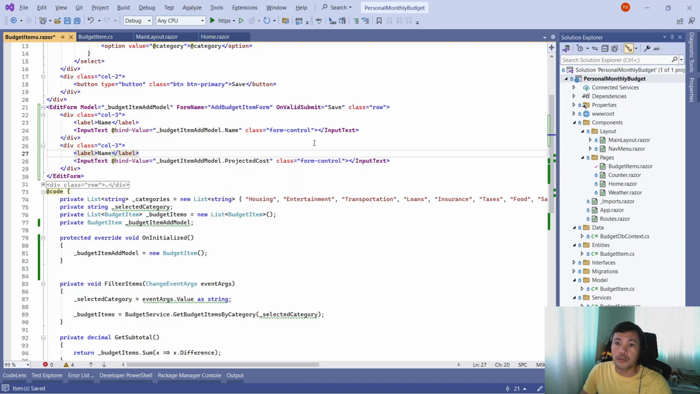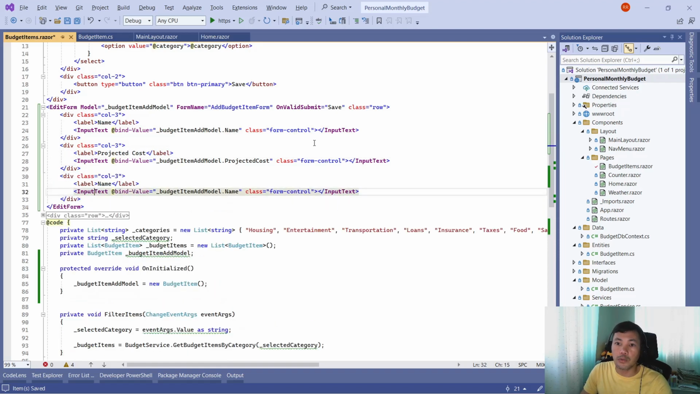Let's name this also the label, projected cost. And the other one would be actual cost. Okay, so instead of input text, input number. Okay, so let's try running this one. We might have forgotten